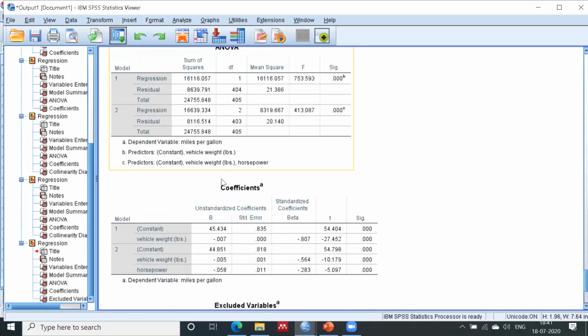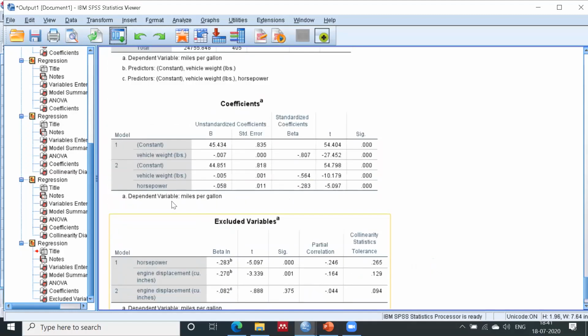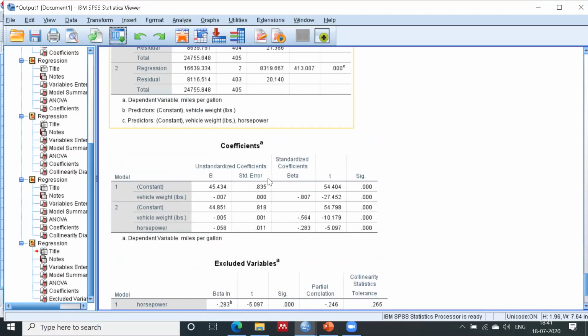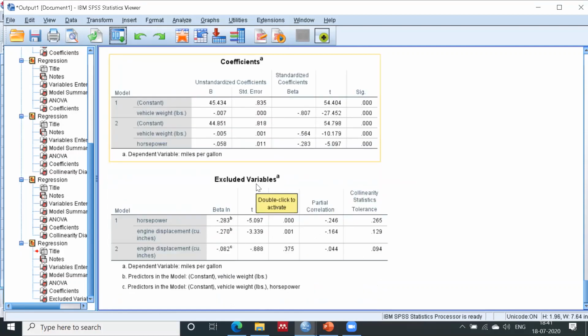Now, in the coefficients table, you will find that they are all significant. Why are they all significant? Because there is no engine displacement. Engine displacement was creating the problem, it was creating the multicollinearity. But as I chose the stepwise regression, it automatically removed the multicollinearity, right?